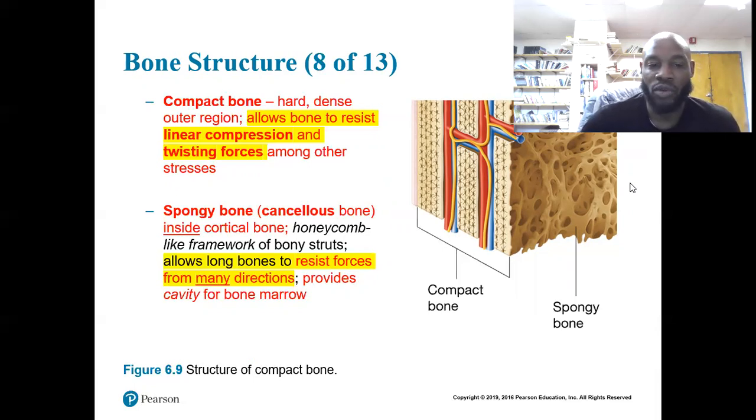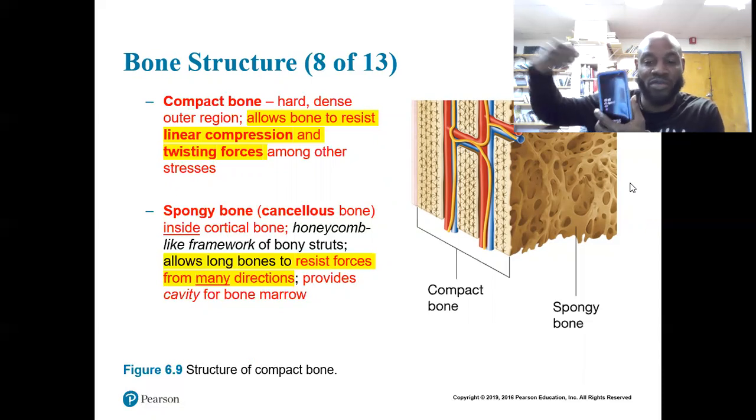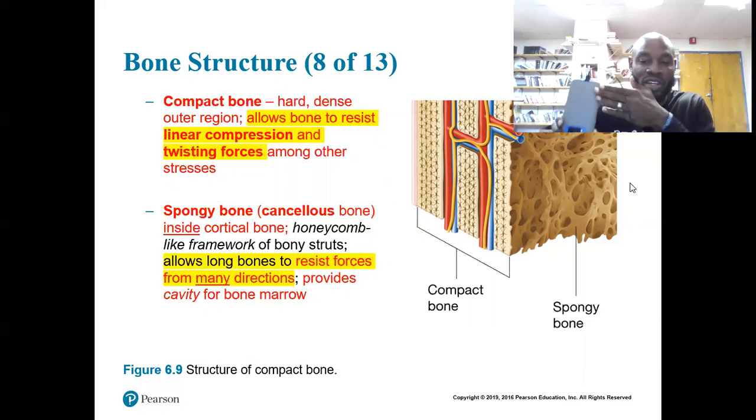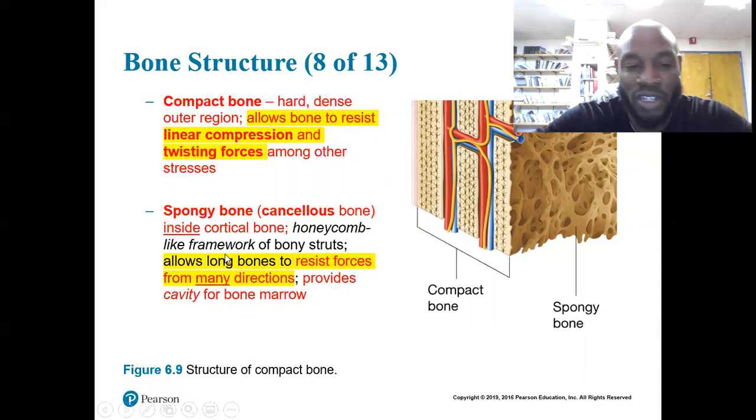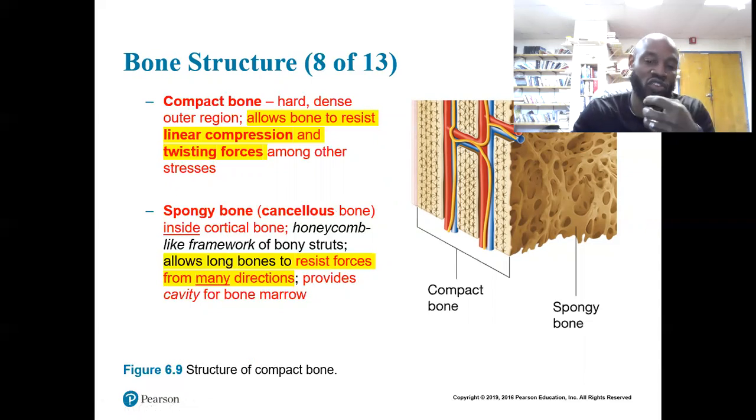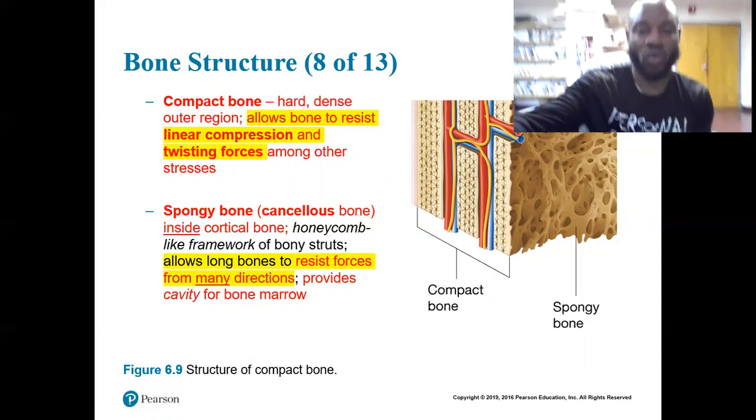But also we have what we call spongy bone. So both of these are in long bone, compact and spongy. We have more compact on the outside, superficially, and then more spongy bone on the inside. What spongy bone allows you to do is resist forces coming from different directions. So I have forces pushing different directions at the bone. With this hard outer structure and soft inner structure, I can resist forces from all different types of directions. Obviously, bones do break, but we don't want that to happen.